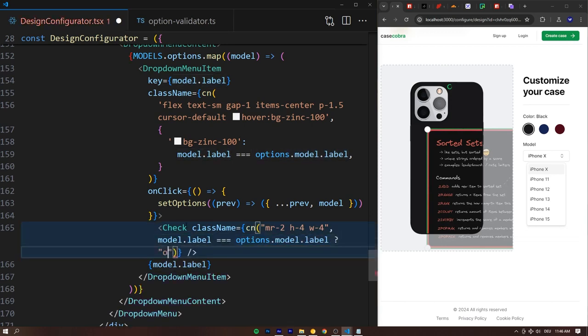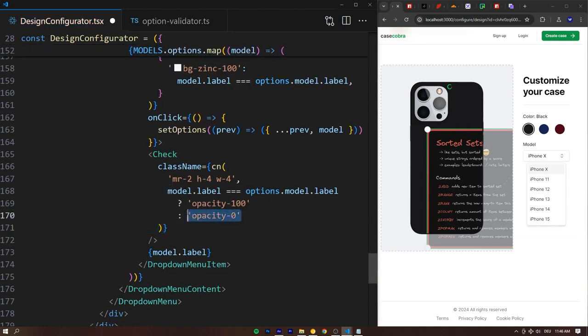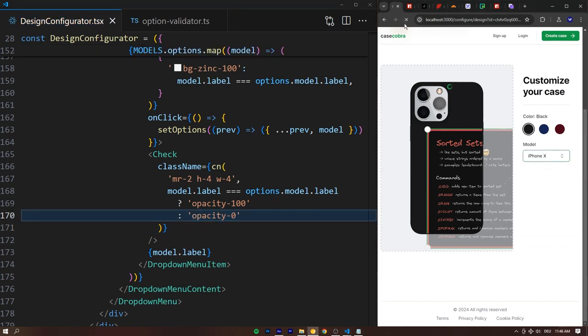In that case, we're going to say opacity 100. And in the other case, we're going to say opacity 0. So it's going to be hidden, but it's still going to take up the space, which is important. So if we reload the page, then you're going to see each check mark will have like a reserved space now in the drop-down kind of menu. If it didn't have that, then that would look super weird. When all the text would be left except the one with the check mark, that would look really bad. So we are reserving the space for each check mark and only applying it if that is the currently selected